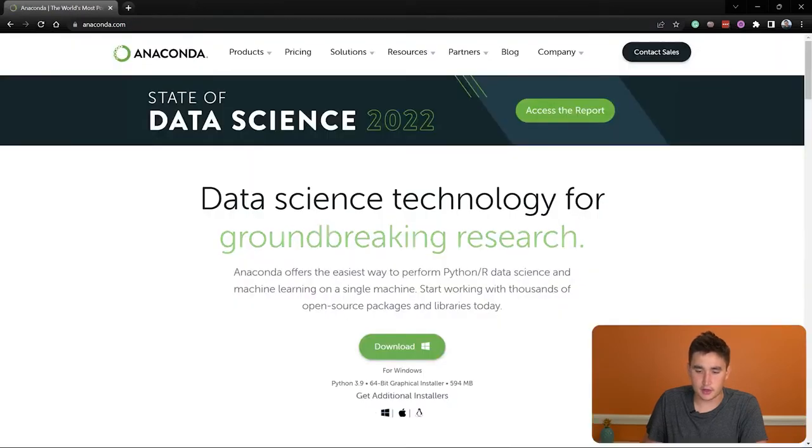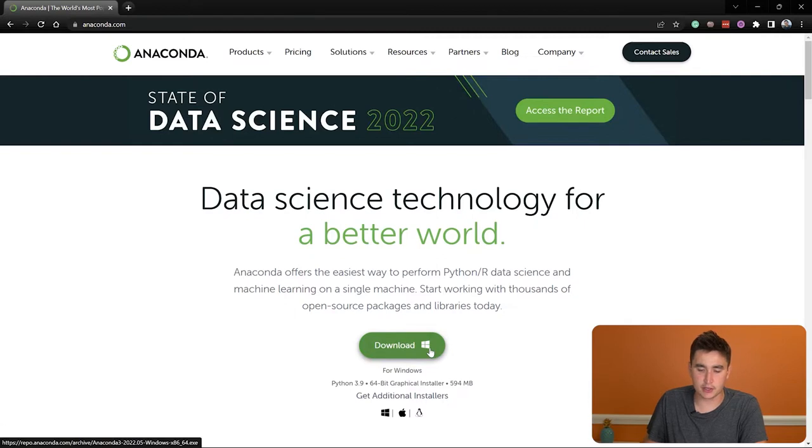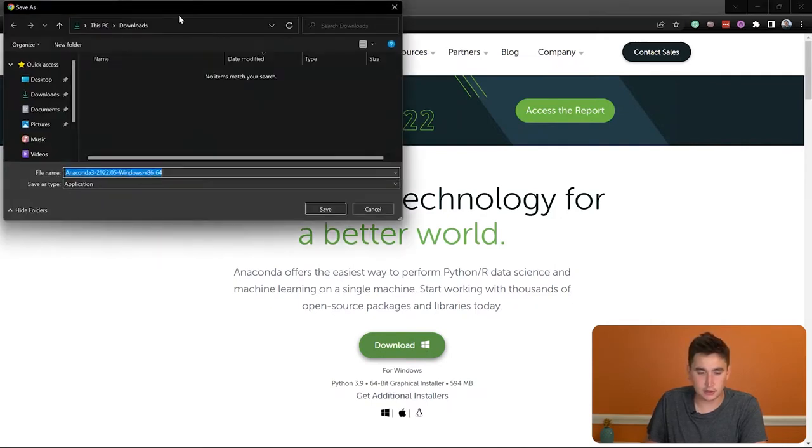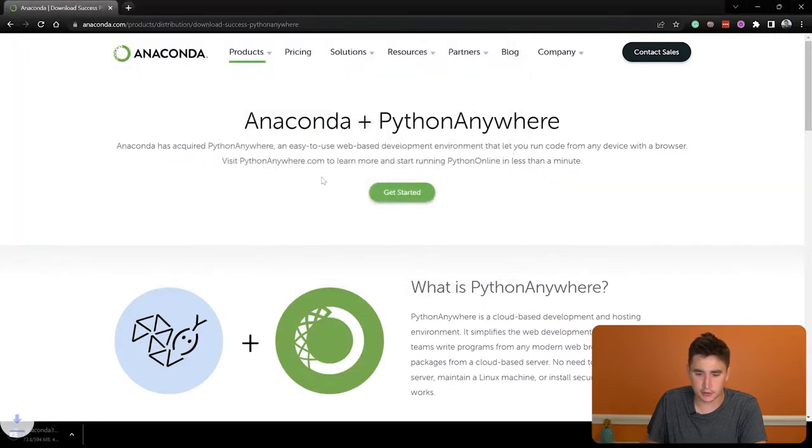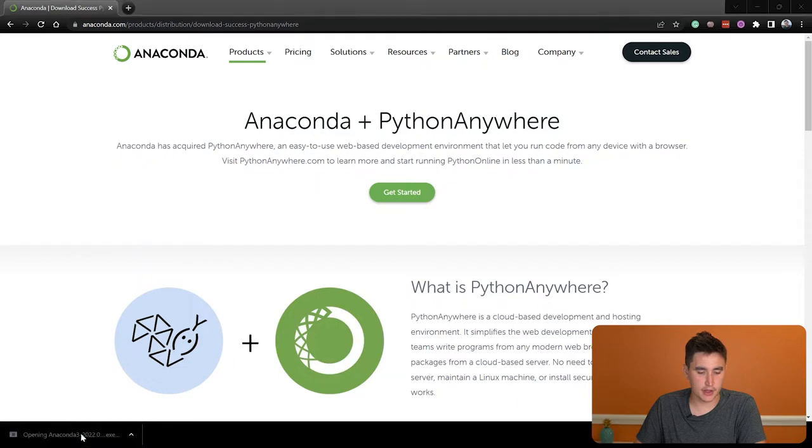And then what we see here is this download button. And it already detects that I'm on a Windows system. So we can go ahead and click this. If you're on Mac or Linux, it'll be a similar process. Just follow the steps. Download. The default location is fine for me in my downloads folder. Give that a sec. All right, once that's installed, you can go ahead and click on that